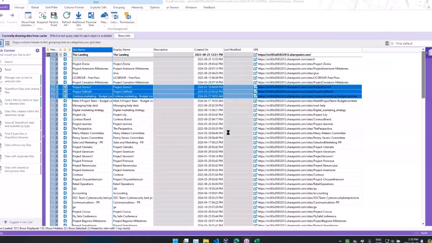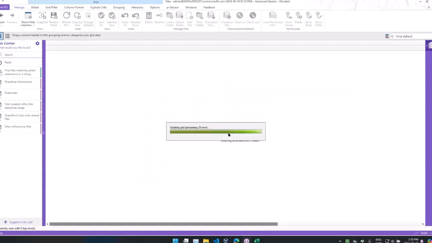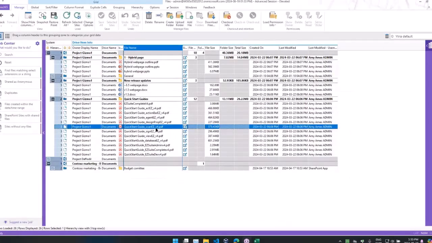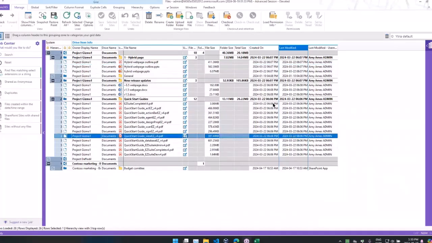And what I'm going to do, I'm going to load and have a quick vision of the content. So what are the files inside of the tenant? Knowing that I can do that on multiple sites at once. So here already I have a vision of where the file, when has been created, when they have been modified. So I can use all my filter capacity in the tool to be able to pinpoint